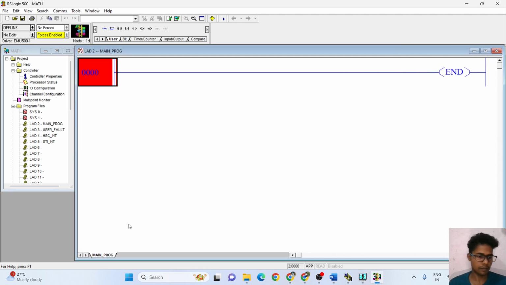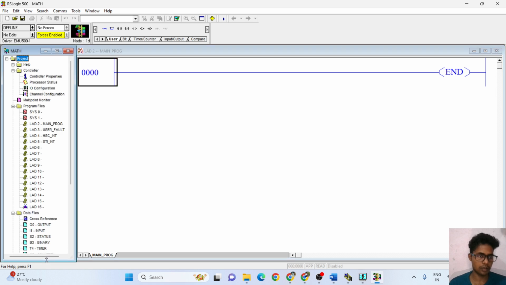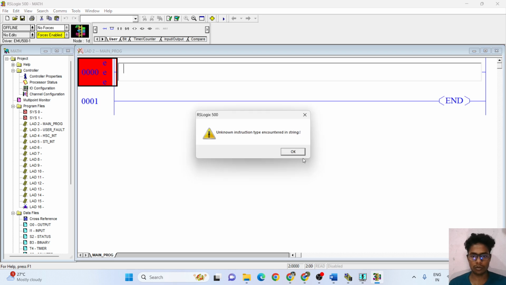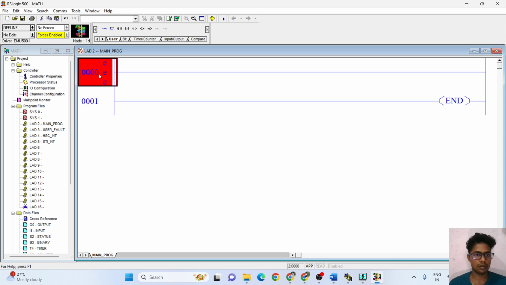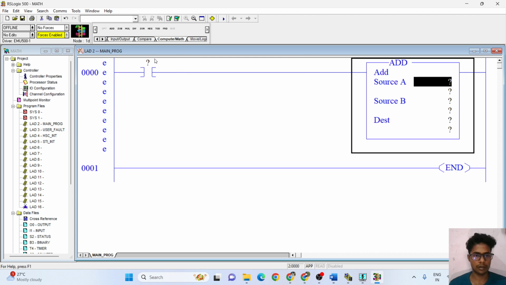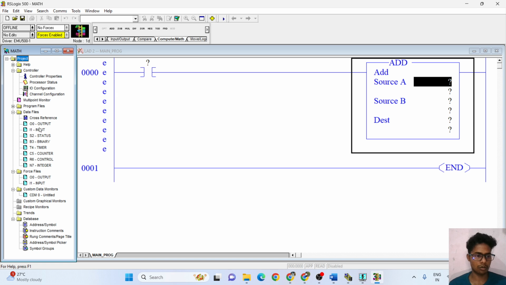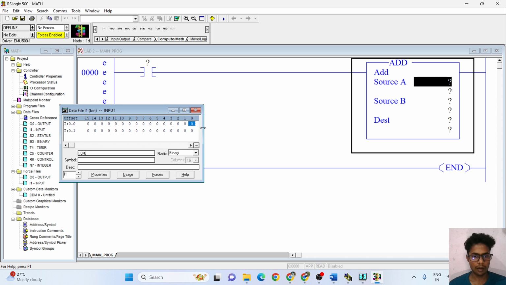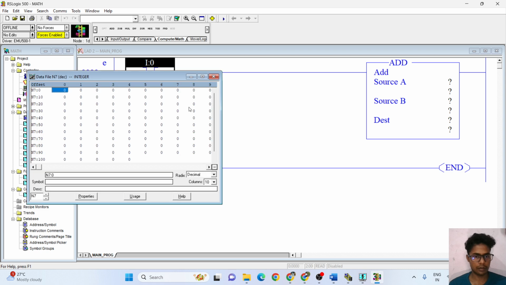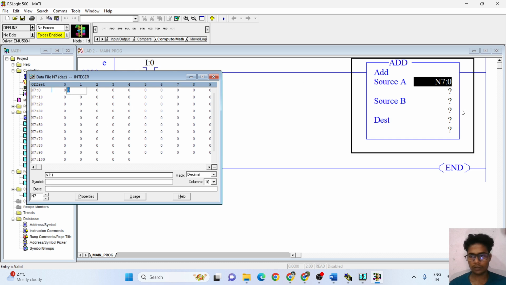After that, go there, and here I have to select one rung and go to compute math and select this one, and here I have to minimize it and go to input and give input addressing to it and give this instruction.